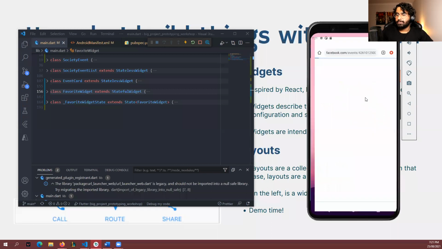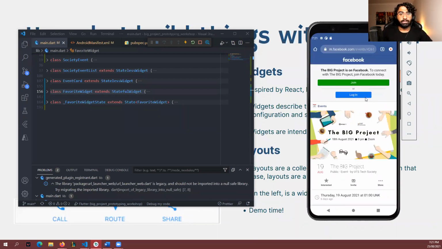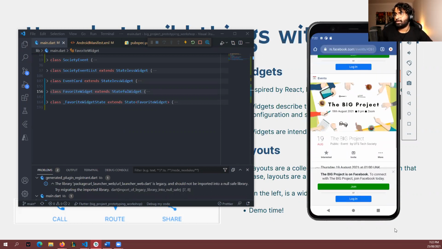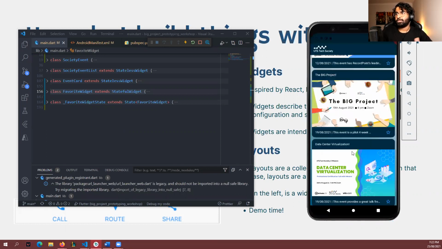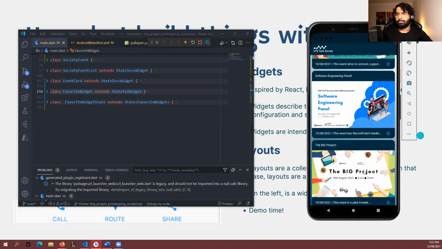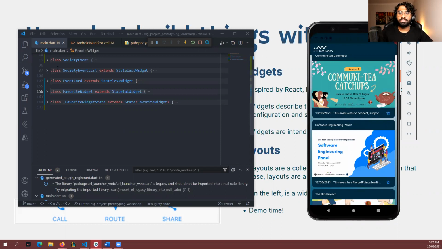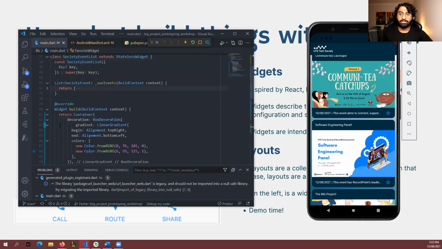If we click it, it will actually launch the Facebook event link in your browser. So you can just immediately view, oh, okay, this is what the event is all about. And then you can just click back and you go right back to your application. So that's essentially what the link is for each event. So this society events list is essentially